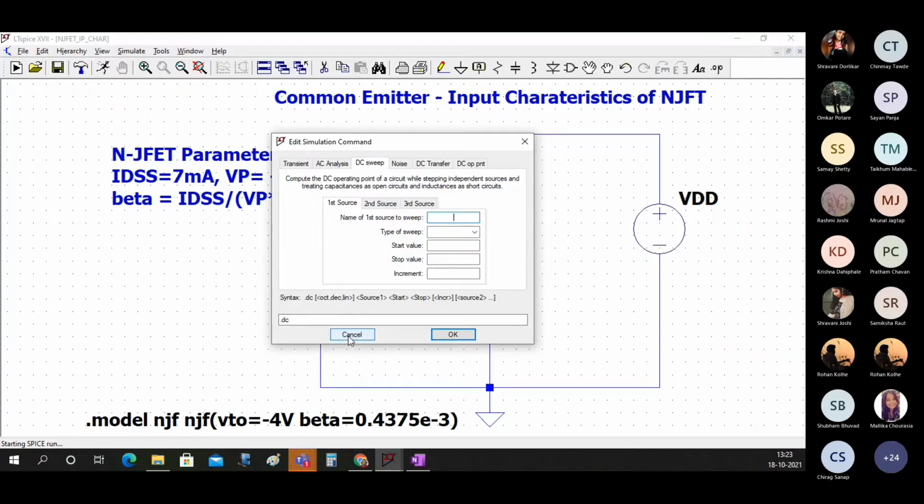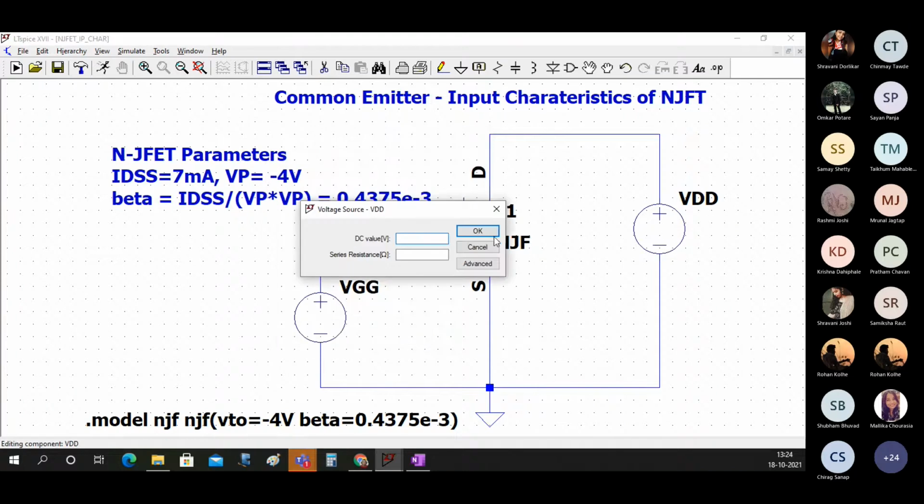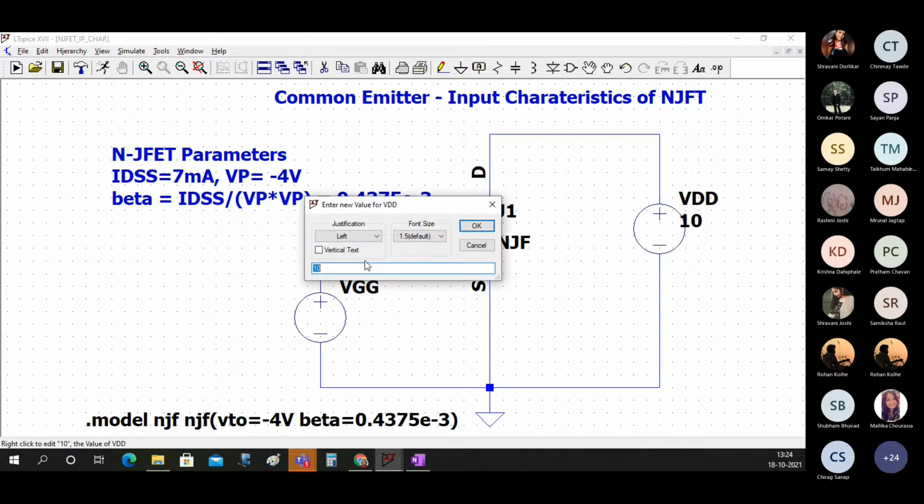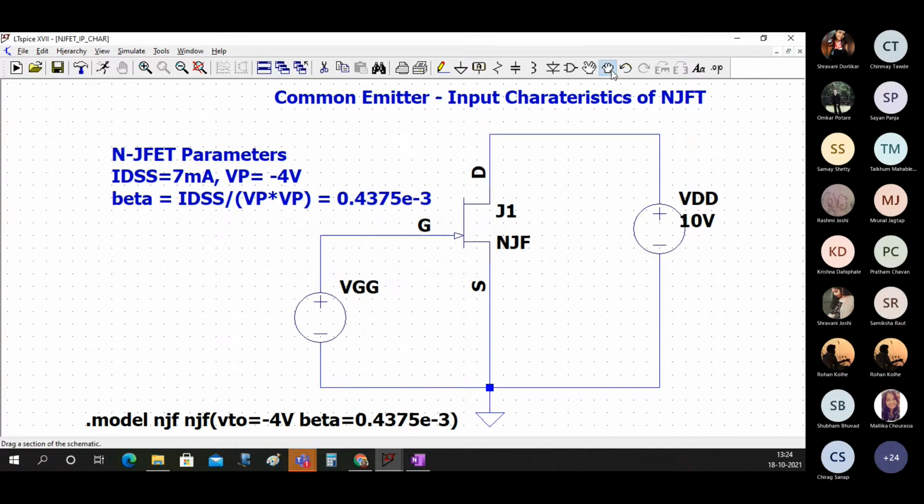So I will not change my output voltages as such. So we can put here a DC value of 10 volts fixed.